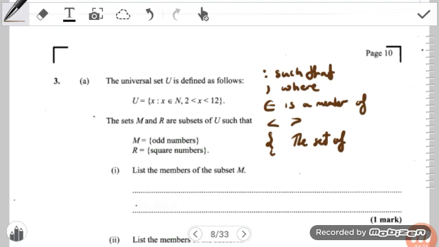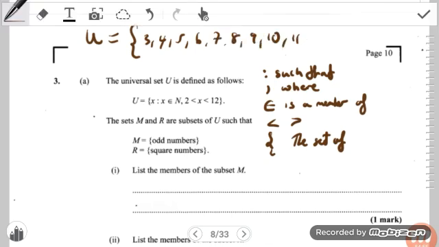So what you're saying is that the set x has members that are greater than 2, so 2 is not included, but less than 12. So I'm thinking that maybe the set U is equal to the set of 3, 4, 5, 6, 7, 8, 9, 10, 11. It's not inclusive of 12, because obviously they're less than 12. M and R are subsets of U,